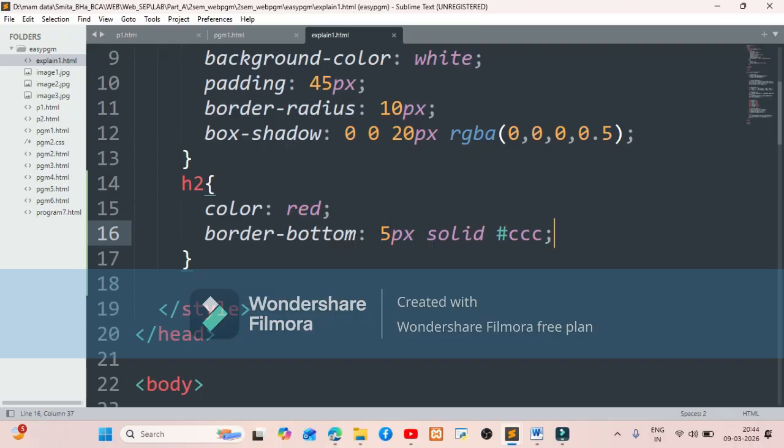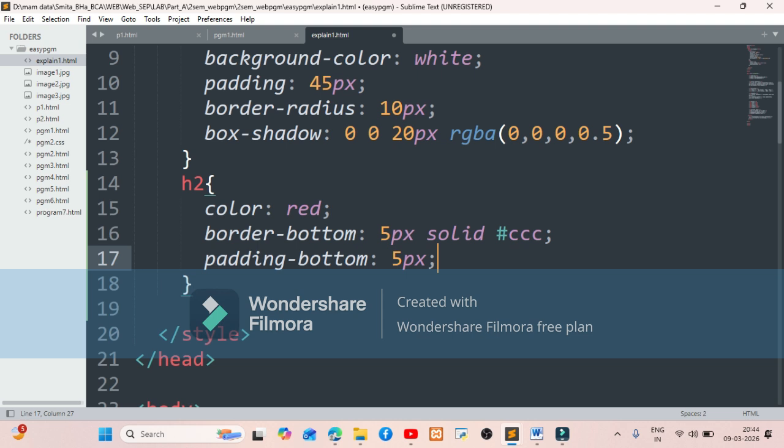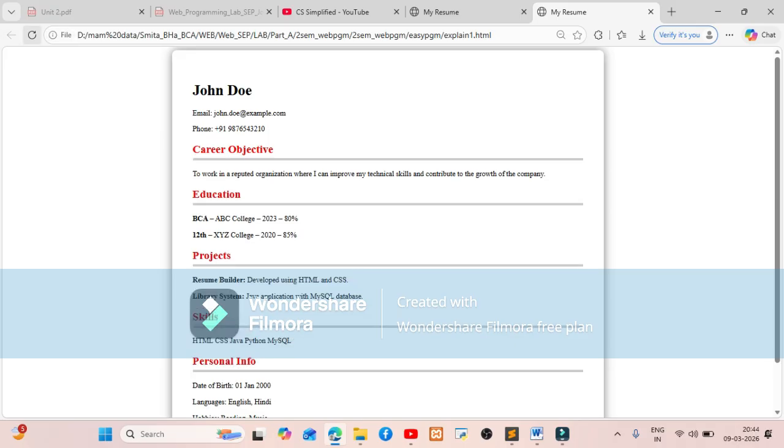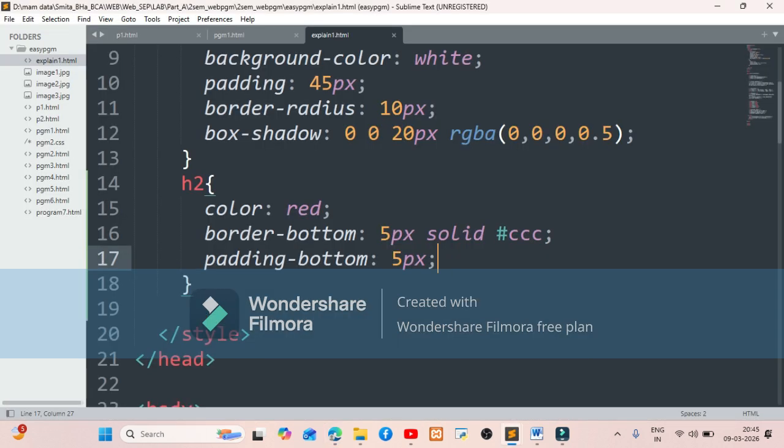If you want to add the padding to the contents, we can always add the padding. So here I am trying to add the padding at the bottom. So this padding at the bottom is 5px. Let us see what happens. This is how our document is looking when I refresh it. So can you see there is a gap between the line and our subheadings. So that means we have added some extra space here known as bottom padding. Padding is nothing but adding the spaces. When we say padding bottom, that means we are adding the space at the bottom after our text.